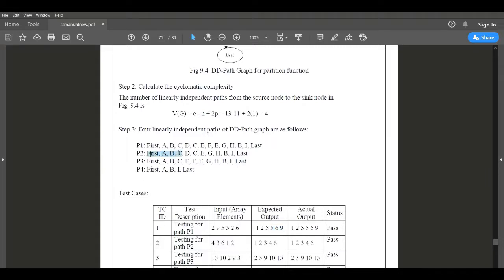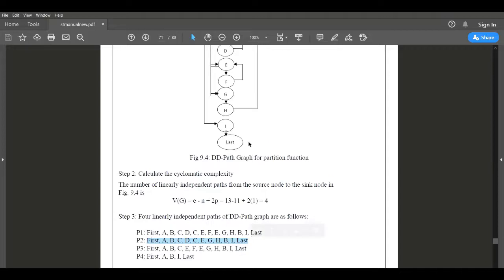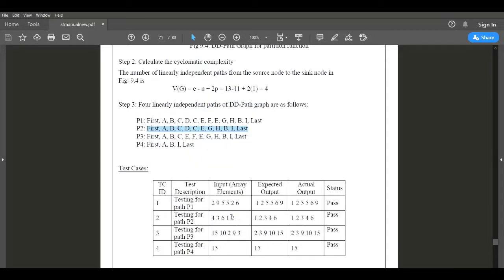Then first A, B, C, D, C, E, G, H, B, I and last. This is the next path which I have identified. If I am traversing through this path, my test input will be 4, 3, 6, 1, 2. These are the different set of inputs I have specified here.